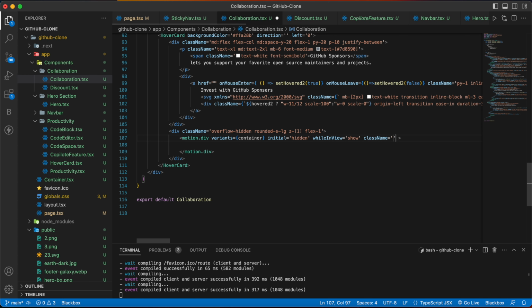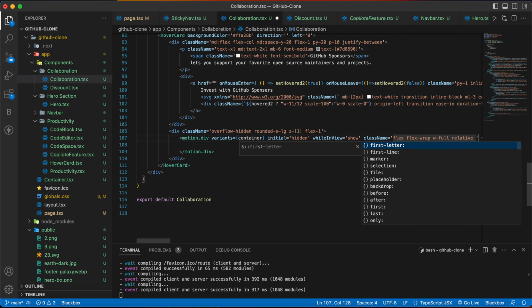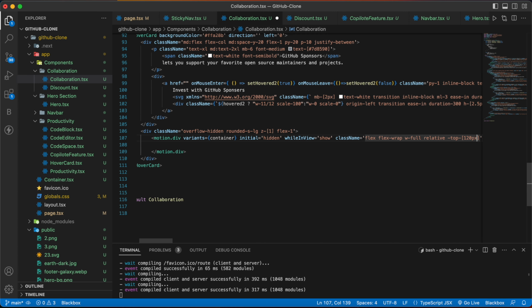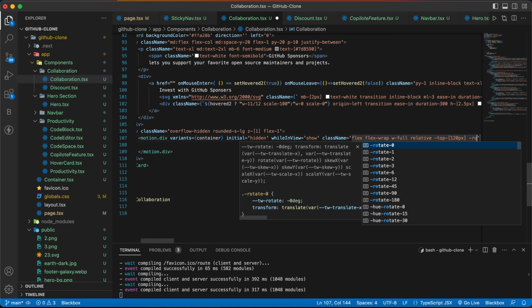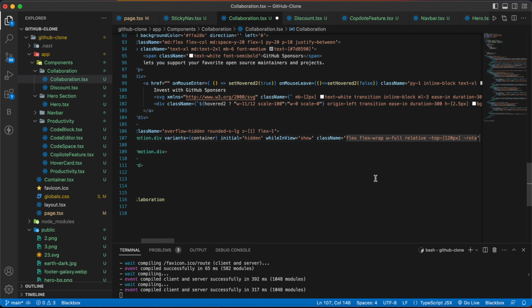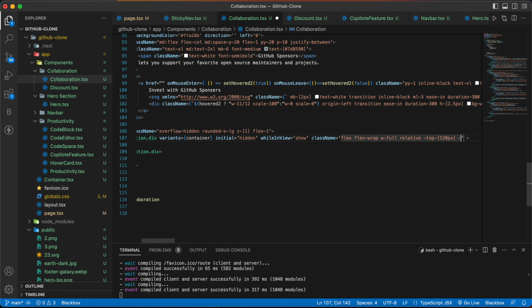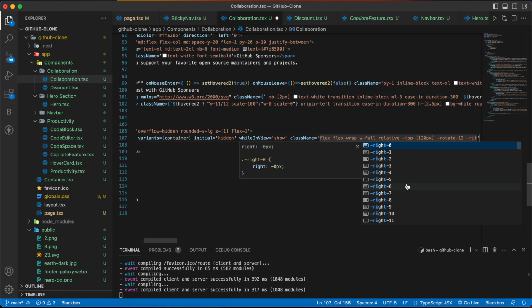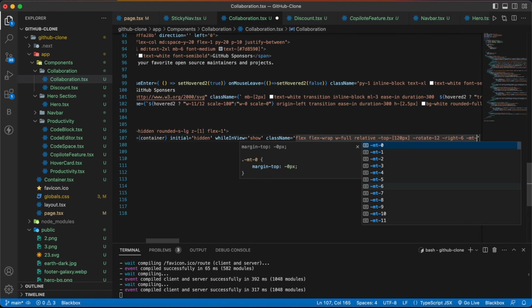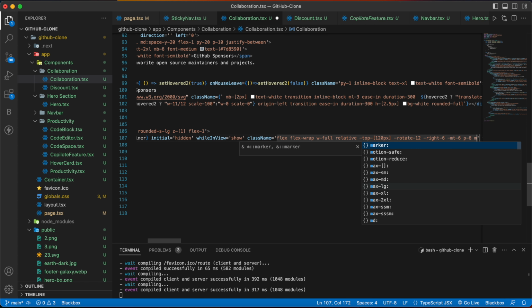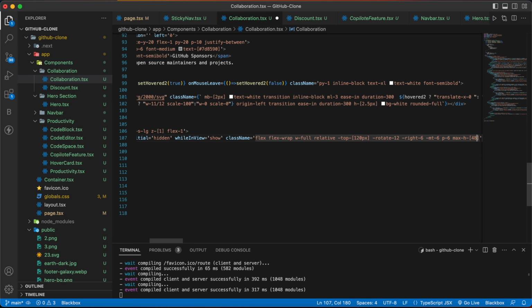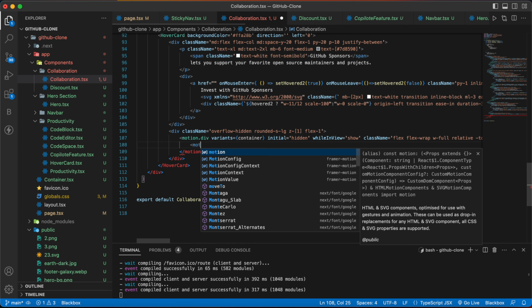Then we are going to have our classes: flex, flex wrap, w full, relative, minus top 120 pixels, minus rotate 12 degree, minus right 6, minus mt 6, p6, max height will be 480 pixels, and inside this div we are going to have a motion dot div,